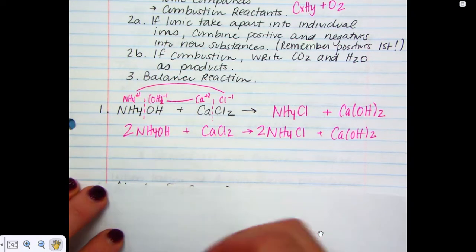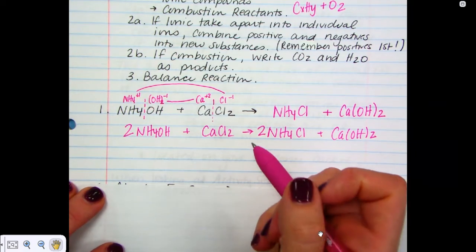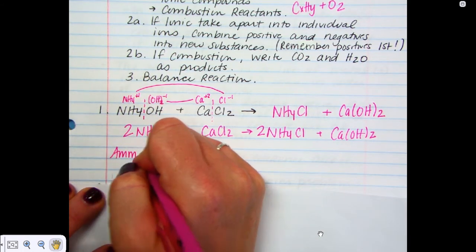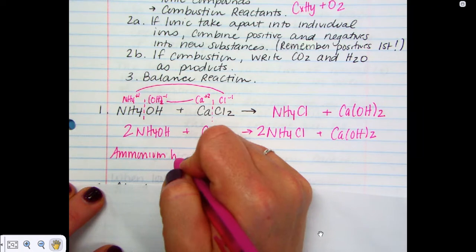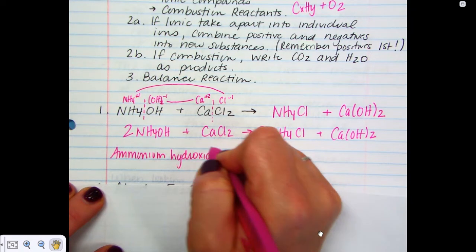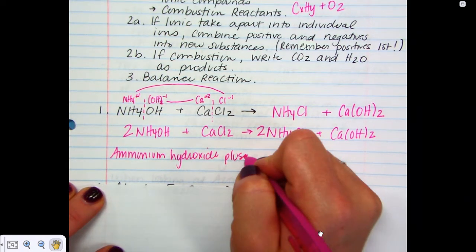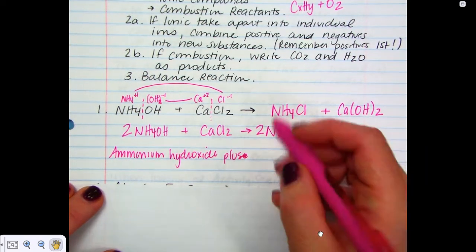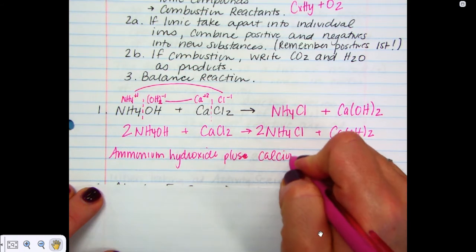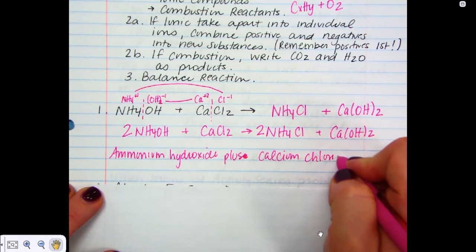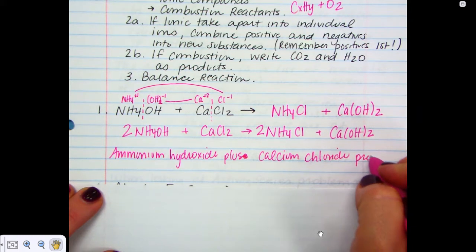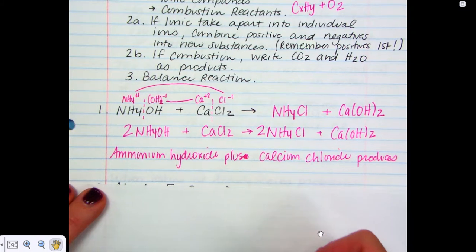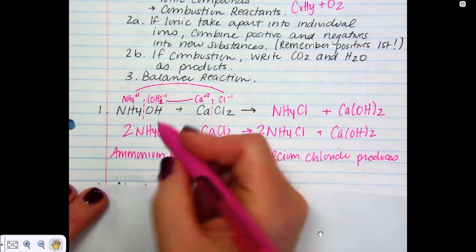All right, so the first one, can't just use the plus signs. NH4OH, that's ammonium hydroxide, plus, or and, whichever word you like, CaCl2, calcium chloride, produces, makes, yields, forms, whichever verb you like. What am I making? Ammonium chloride